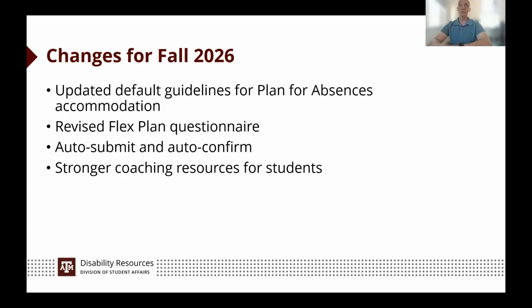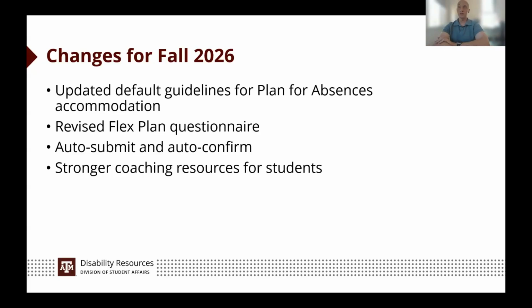So auto submit basically says after 2 weeks, we use the default guidelines. In my experience, if there are issues with the default guidelines, I hear about that within about 48 hours of getting the accommodation letter. And I understand that. A lot of classes have different expectations and activities that attendance really could impact. And so 2 weeks is sort of that expectation. AIM will auto submit that plan, and then that's what becomes operational. We can always talk, but that is sort of the plan.